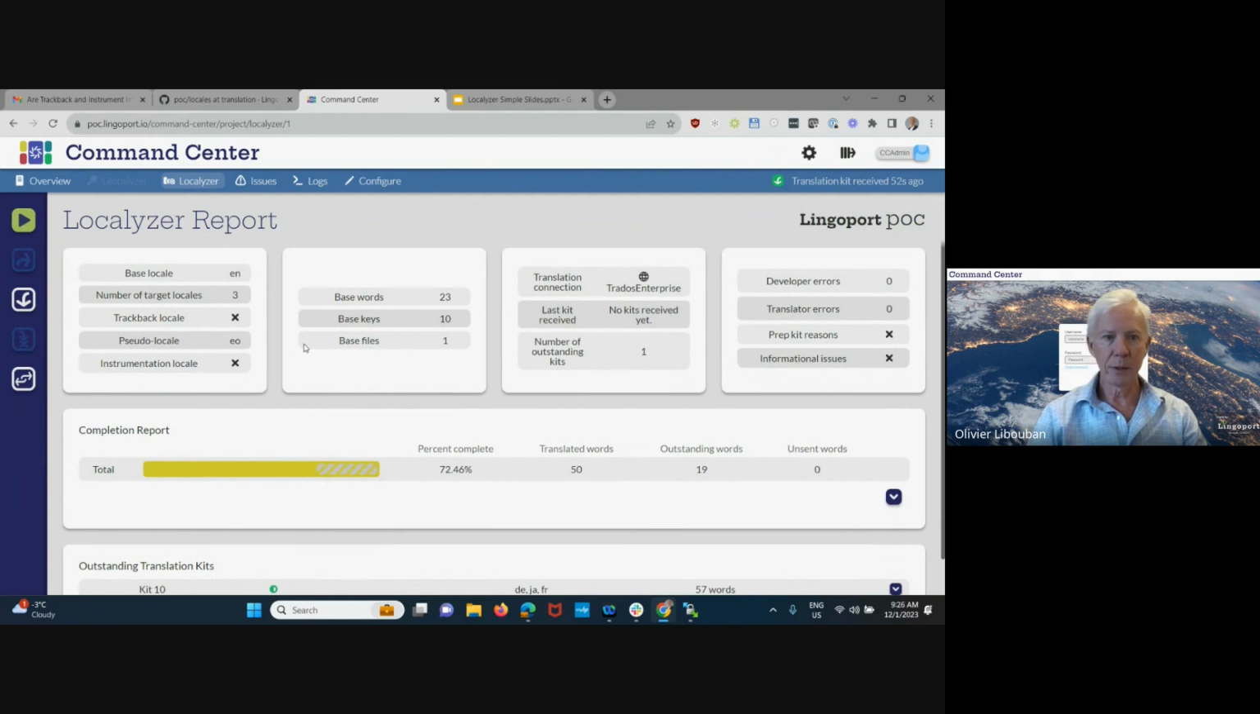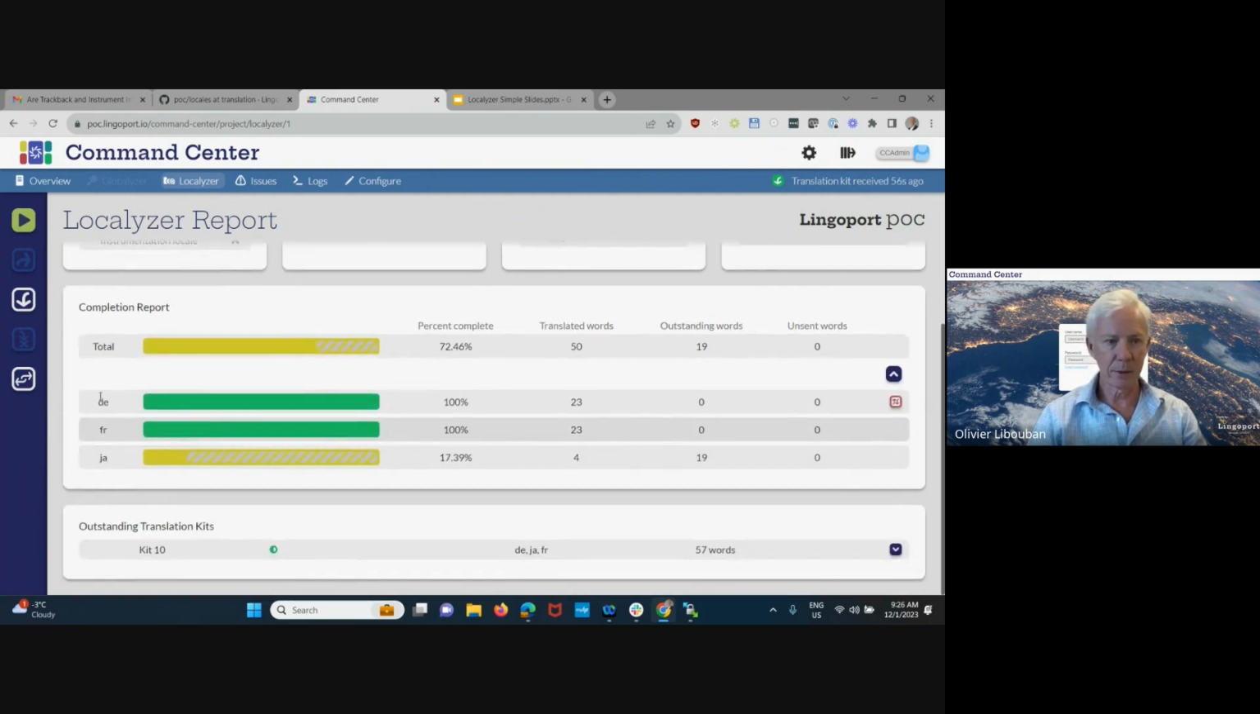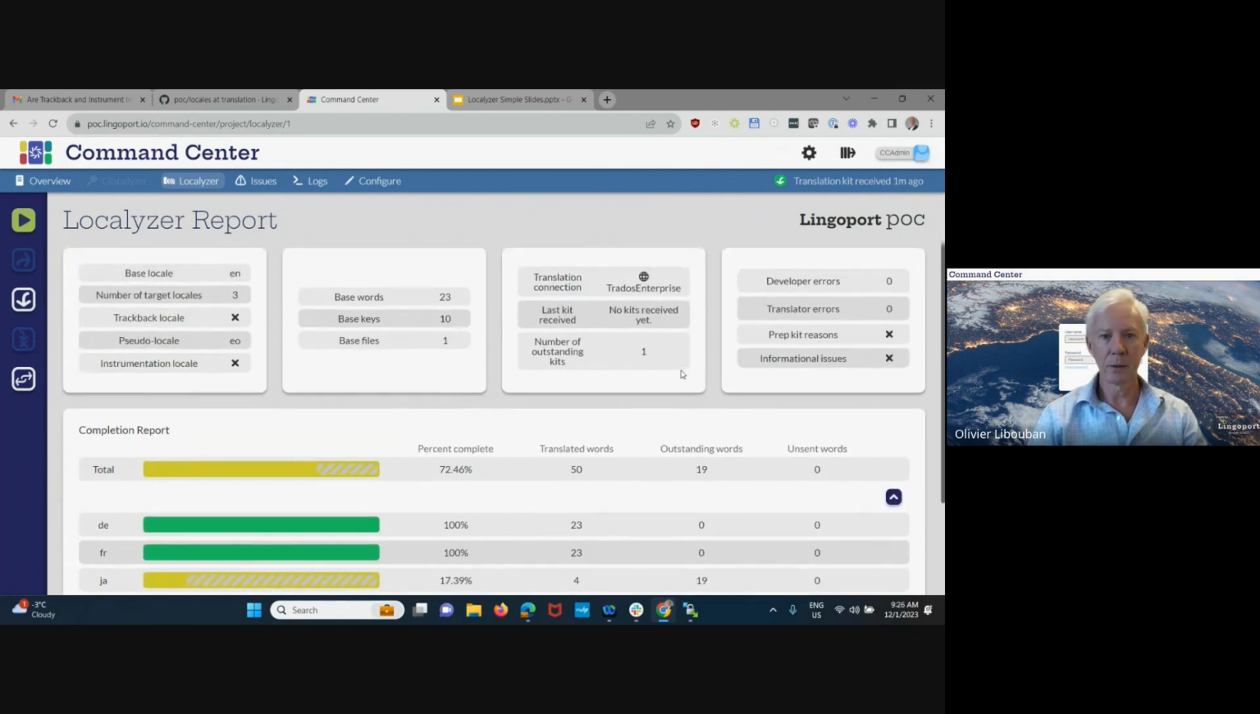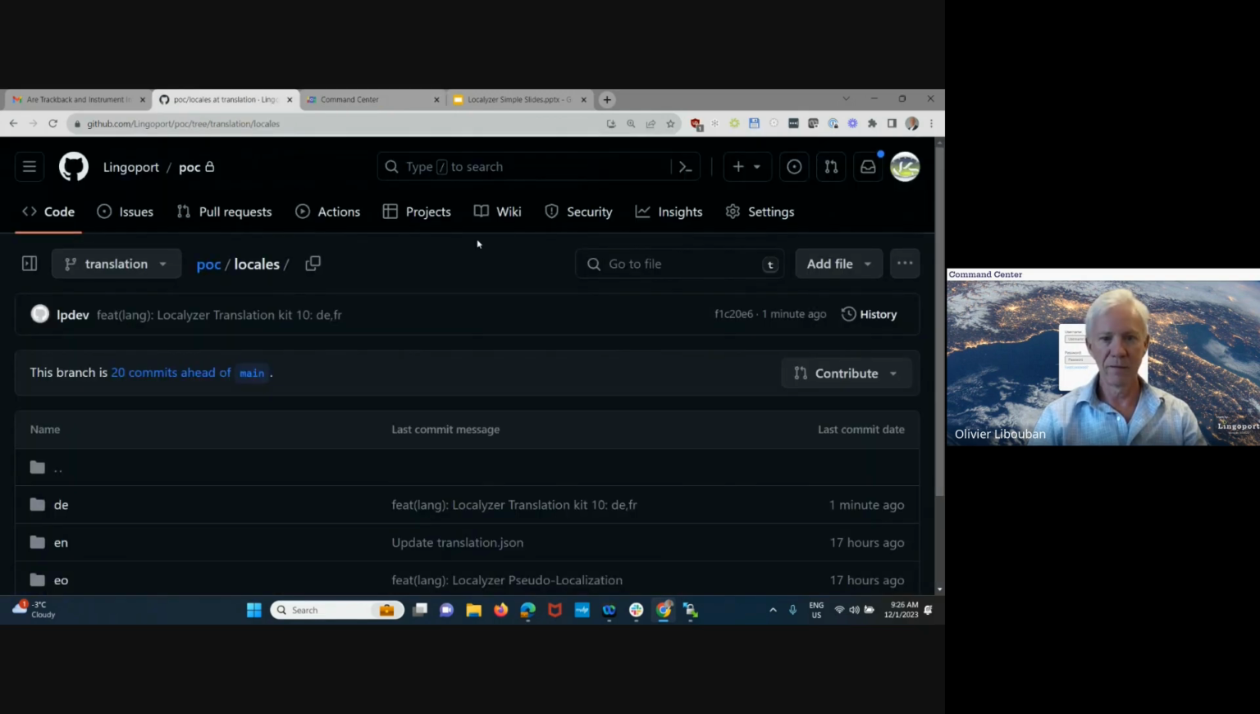So we returned some of the files here. What was returned was French and German. Japanese has not been completed yet, which is fine. And so you see right away what is currently in the repository, not what is in Trados Enterprise, but what is in the repository. If I were to go to the repository now, I will see that in my locales,